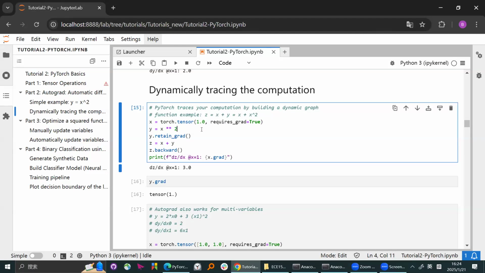Now, the second step is d equals x plus y. What's the derivative of d over x? It's just two parts, right? The first part is 1, the second part is 2x. And in PyTorch, luckily, we can also do